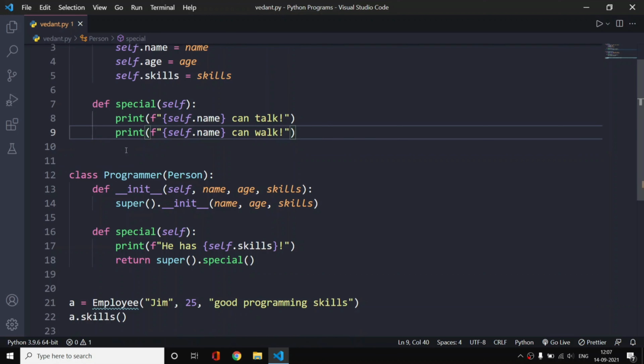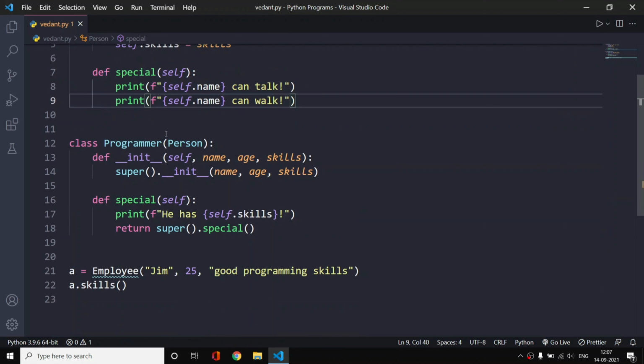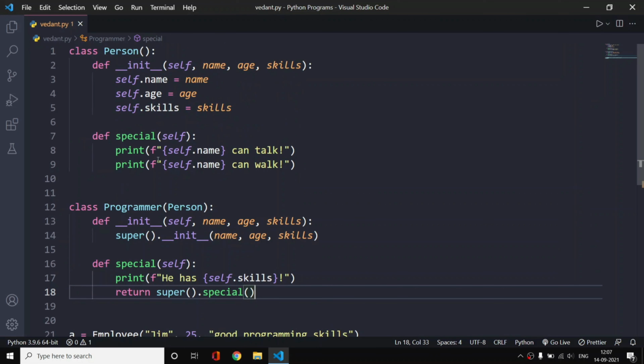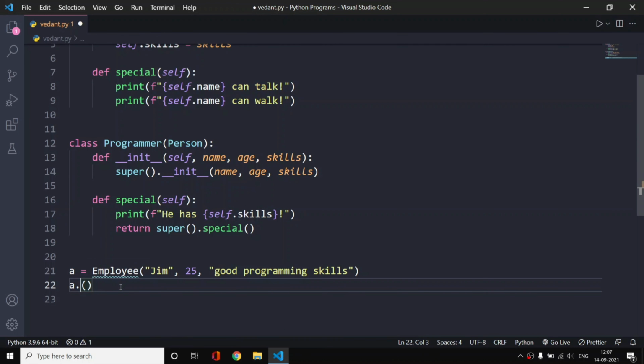But now if there is a programmer, then we are returning that the programmer can talk and walk as well, but he has some special skills, so he has good programming skills, and after that we are simply returning the output of the original special method, so the method from our parent class. Now let me run it with this special method here.